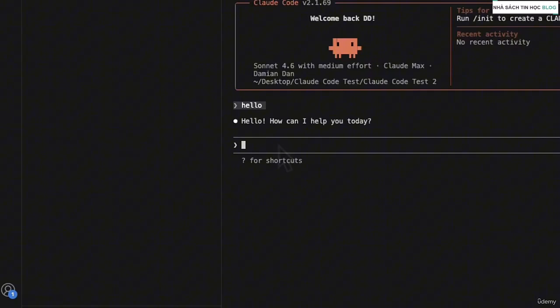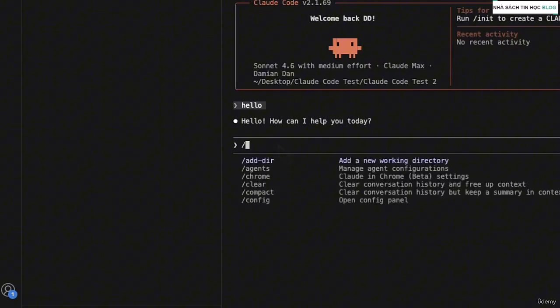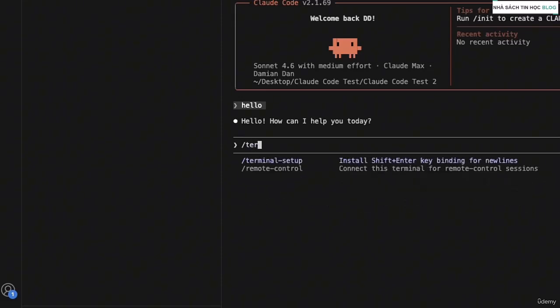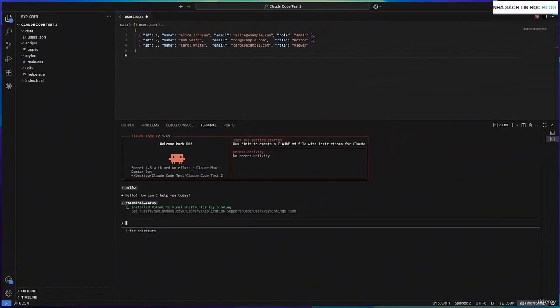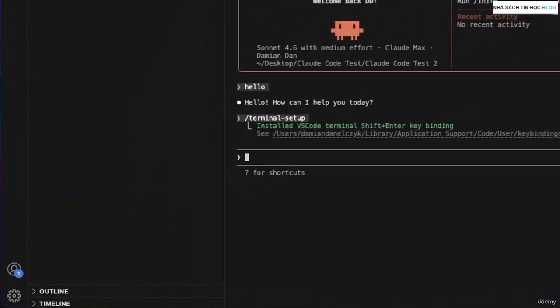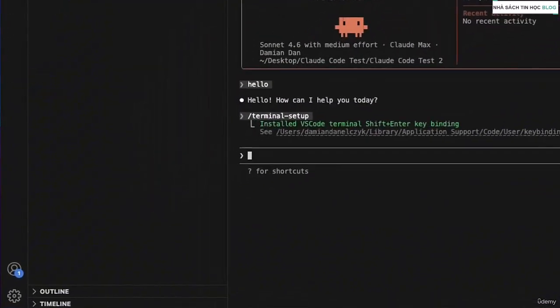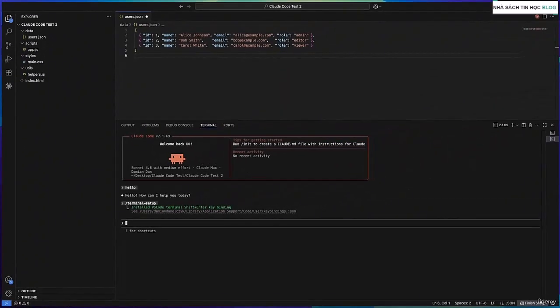So let's press / and you will see a list of the available Cloud Code commands. What you are looking for is terminal. So let's type terminal setup. All right. So select it and hit enter. From this point on, pressing Shift plus Enter will create a new line instead of sending the message. So you can write out longer prompts without them firing off too early.